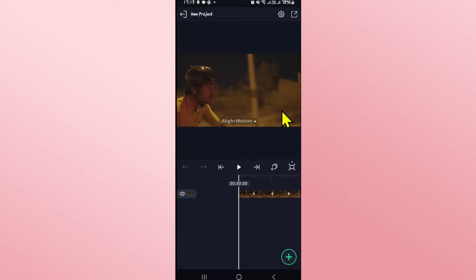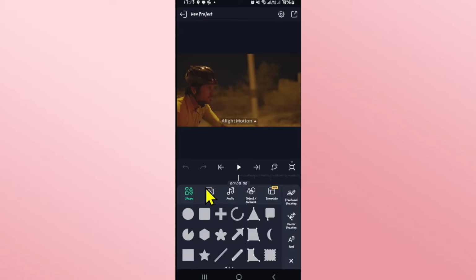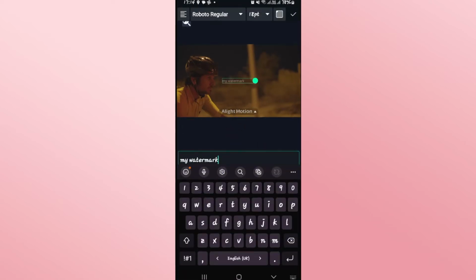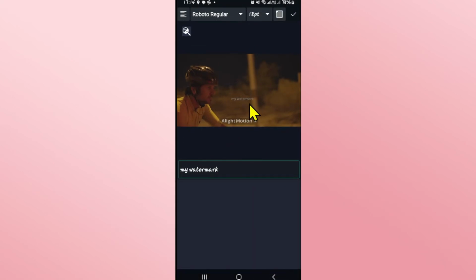purchase the pro version. If you wish to upload your own watermark, then you can simply tap on the plus button at the bottom right corner and then upload any image that you want to use as a watermark by tapping on the media option. If you don't have a logo that you can upload, you can also tap on the text option to create your own text watermark. Once you have uploaded your watermark and set its desired position as well as its scale,